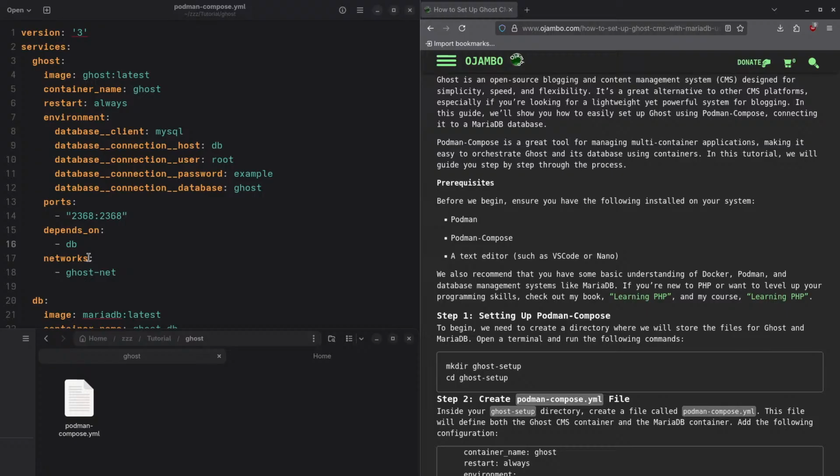And the ports, you can see it uses port 2368, which I've mapped to port 368 on my host system. The host system is the system where I'm running Podman. And obviously the container is a container. Okay, and I have depends on, so the Ghost container is going to depend on DB. We haven't created that container yet, but we will soon. And the networks, Ghost